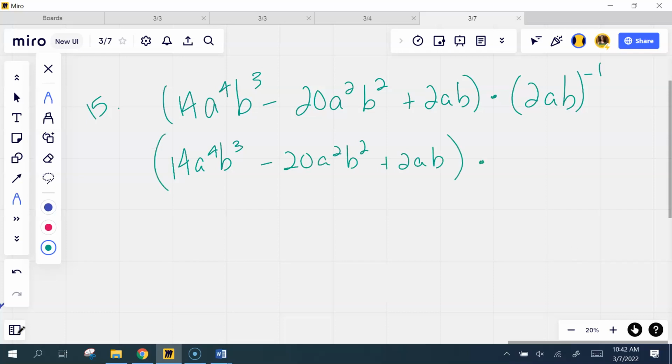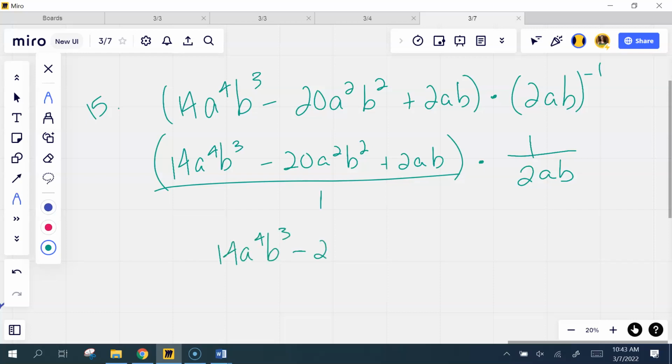So if you ever see this, this really means that I'm multiplying by 1 over 2ab. Well, if I'm multiplying by 1 over 2ab, then really I'm doing what? Starts with a D. That's what we've been talking about. Dividing, right? Do you see that? If I have 1 over, if these are fractions, top times top and bottom times bottom, what I really have is 14a to the 4th b to the 3rd, 20a squared b squared, all over